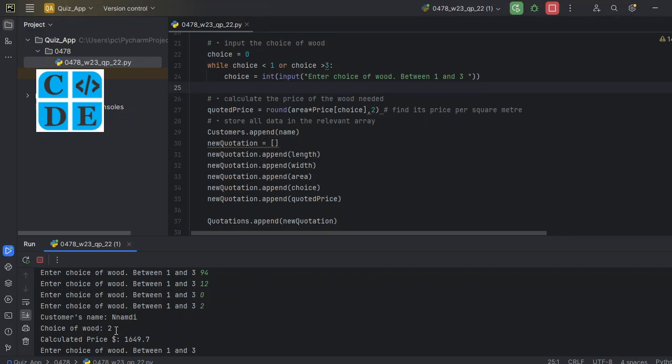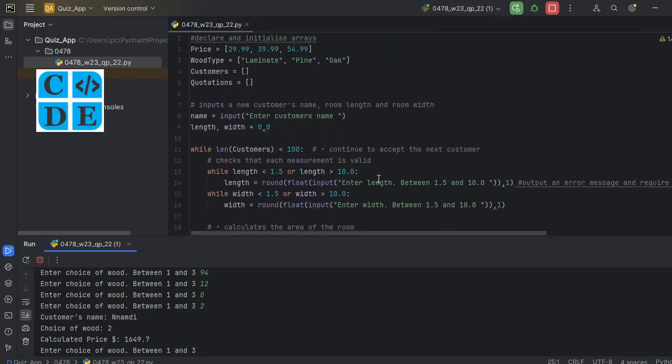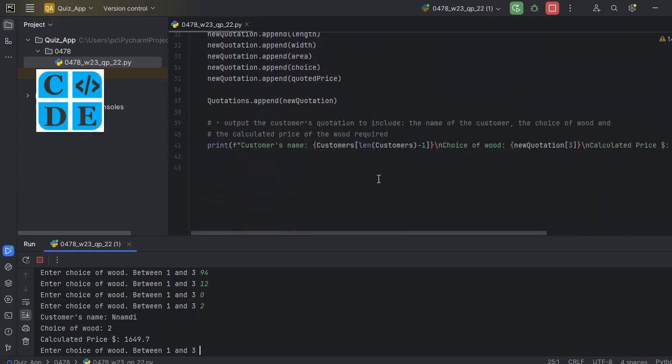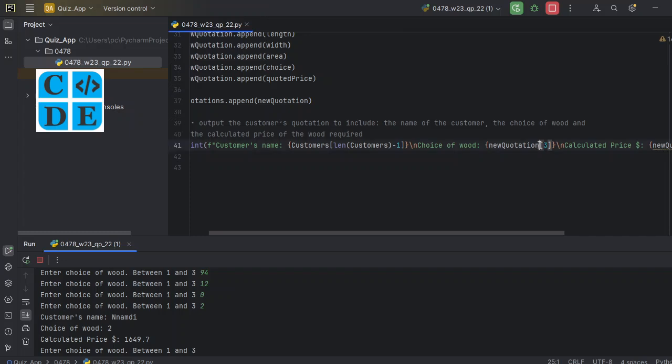So this wood choice should display the name of the wood, which should be pine. So it should be wood type, not quotation. Yeah, sorry about that. Wood type, not quotation. All right, so having fixed this,